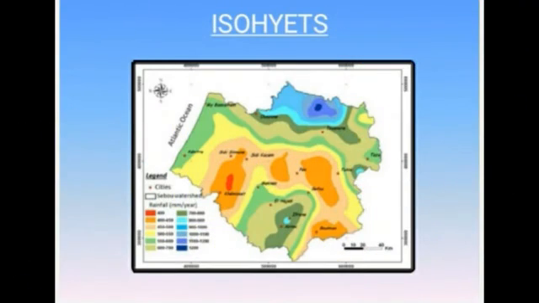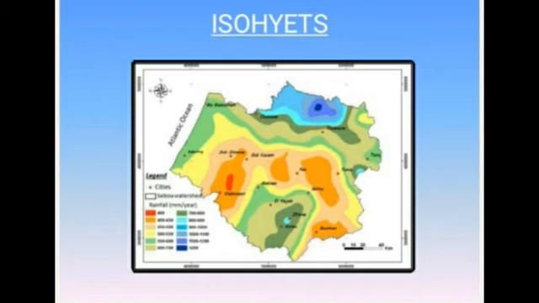So children, our last topic is isohyets. So on a map, the distribution of rainfall is shown using lines which join the places having the same amount of rainfall. Such lines are called what? Isohyets. So this we already have learnt last week, isn't it? And distinguish between we learned. So they are labeled with rainfall values.